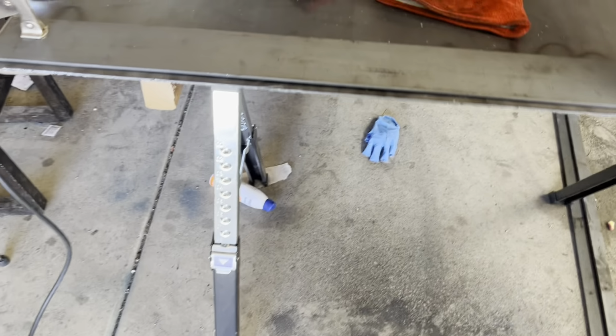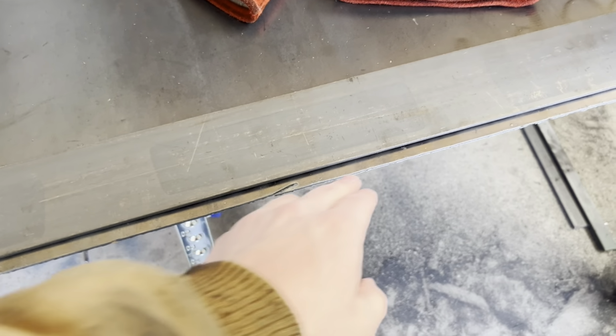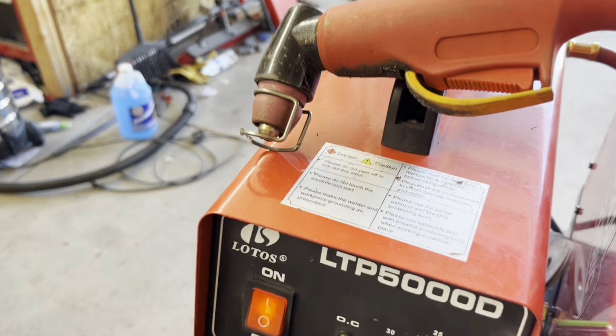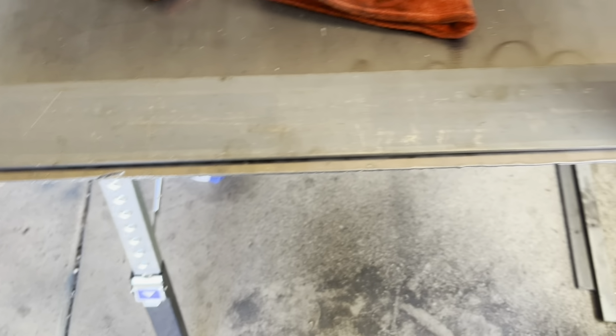What happened a few times was when the sheet metal was bowing down because of the weight, it was pulling the sheet metal down here away from the straight edge, which made the drag guard with the torch slip underneath here, and then I would gouge in here. But besides that,